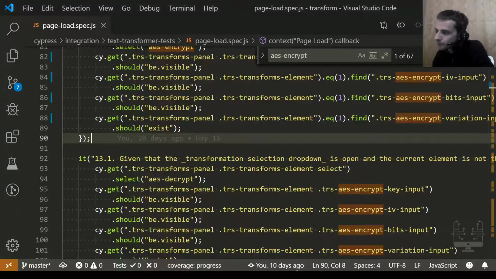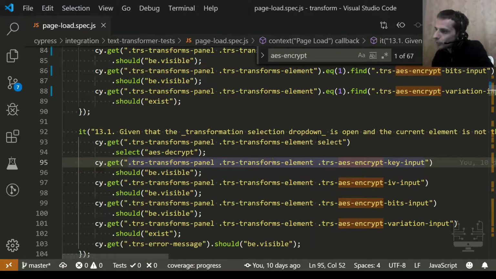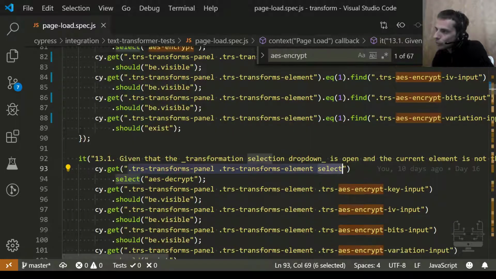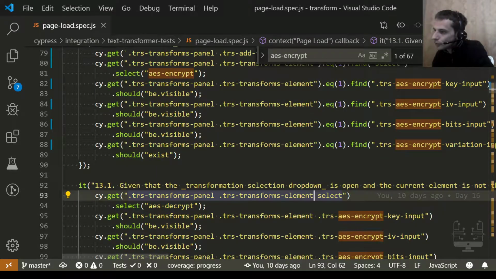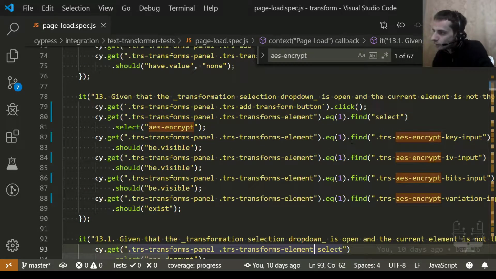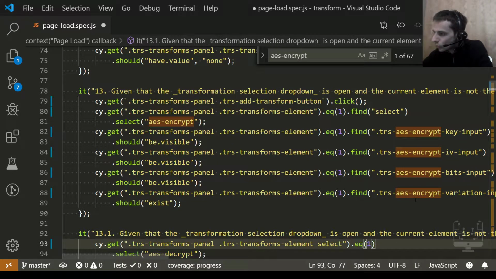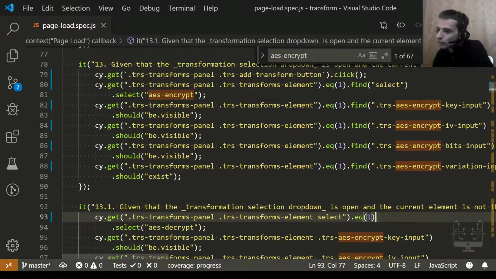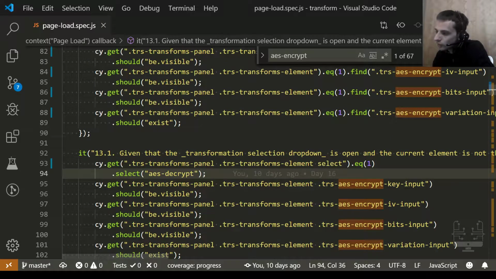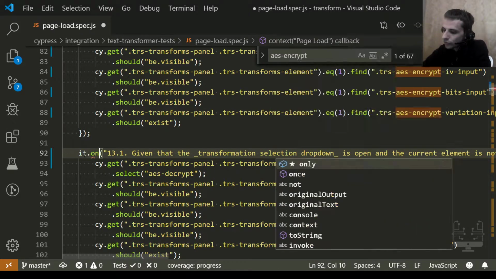Yeah, I know why. It did not work because multiple select elements were found, so it didn't know which of them to click. So that's what I'm going to do now. I will do eq1 select. So first select element I will use it dot only